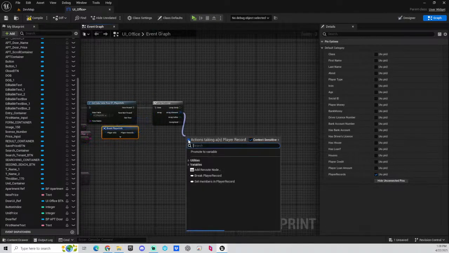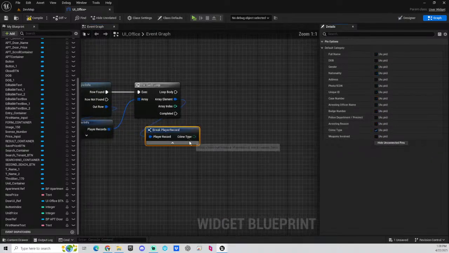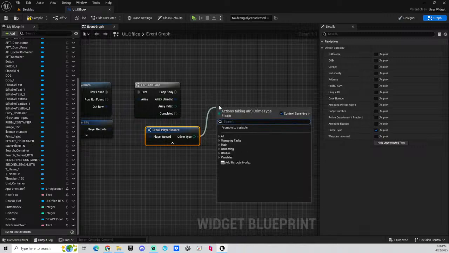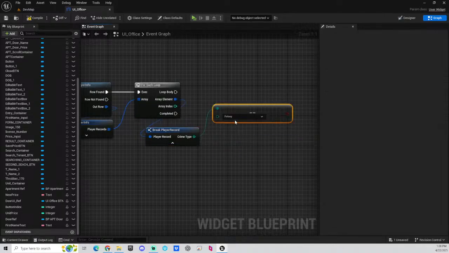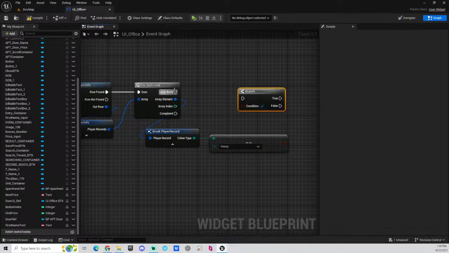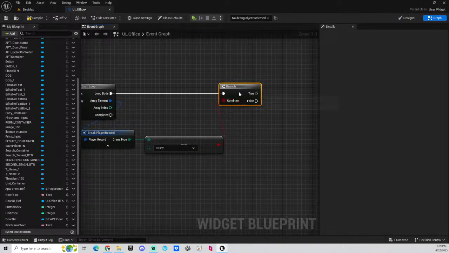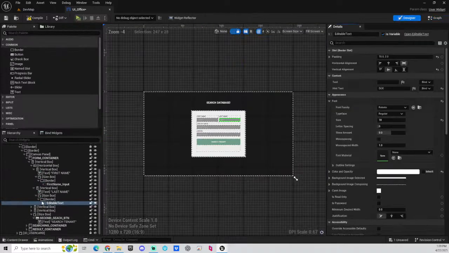We can break it, and then we can do crime type. We can see if it's equal to a felony, right? So if it is a felony,